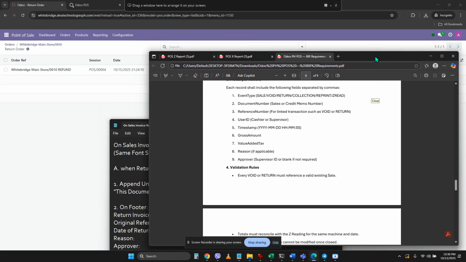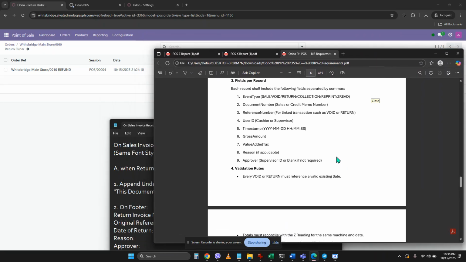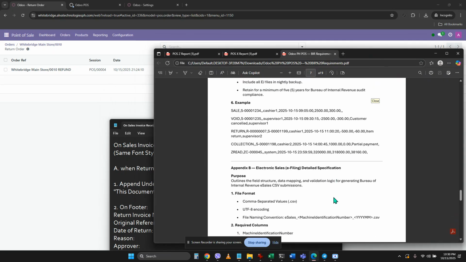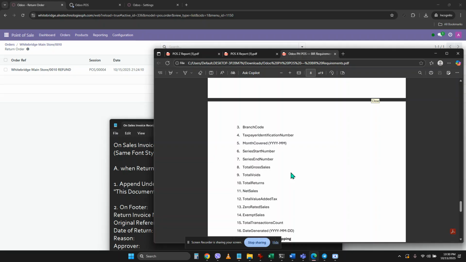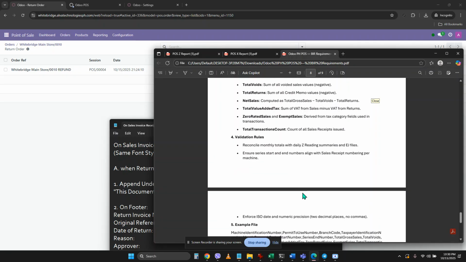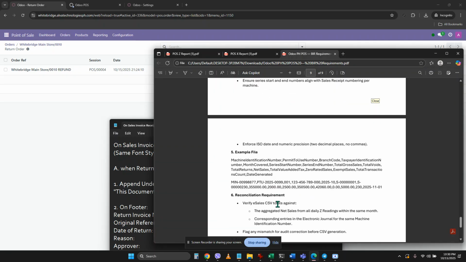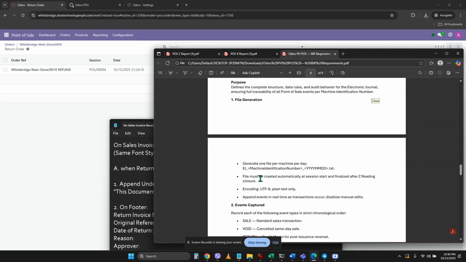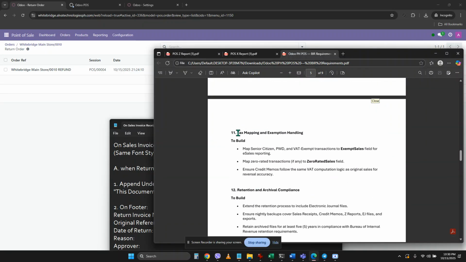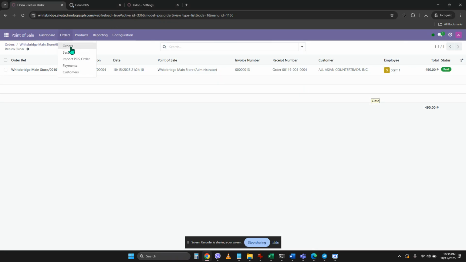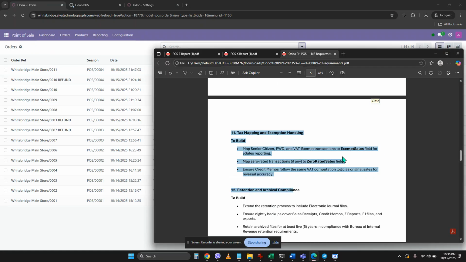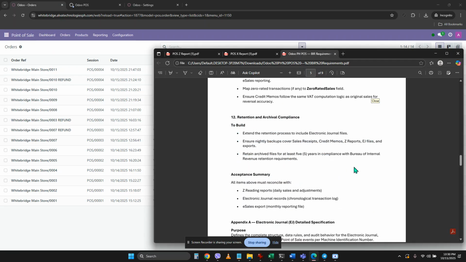That's just the additional explanation that I will give for the document here. I think all of the data on the document has been explained already. So for Annex B or Appendix B, Appendix A, and for the tax mapping and exception handling, we have the existing reports here for PWD, senior citizen. Okay, this one's covered. I think it's all good.